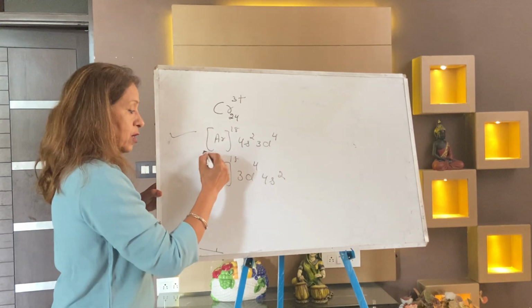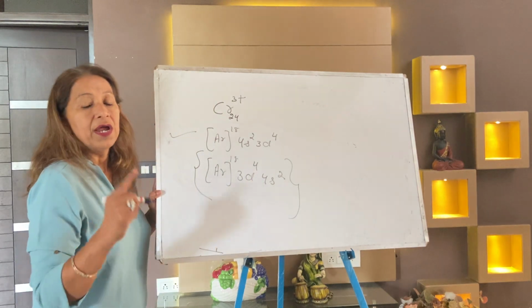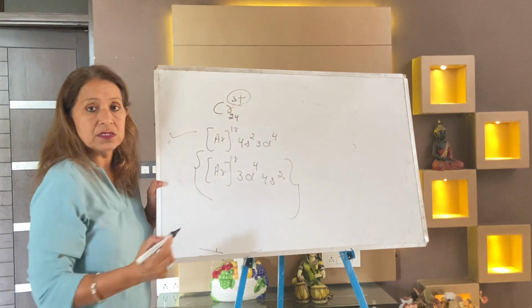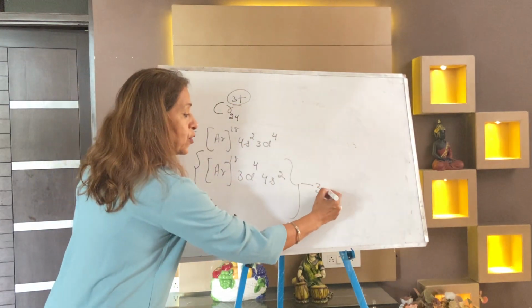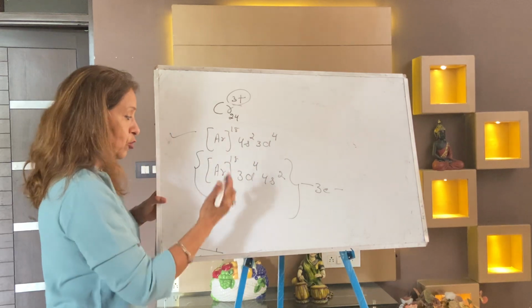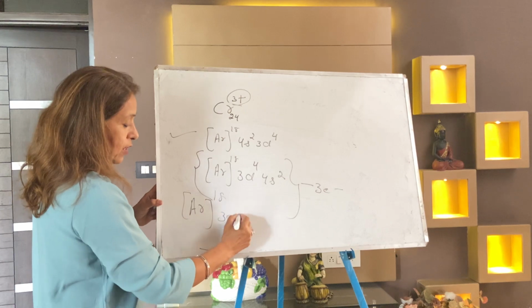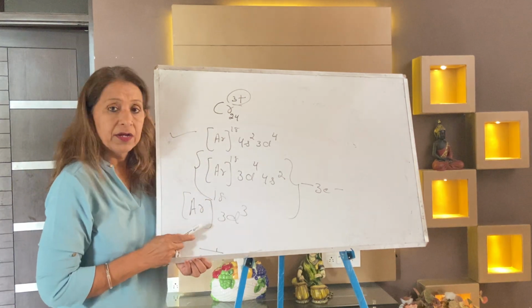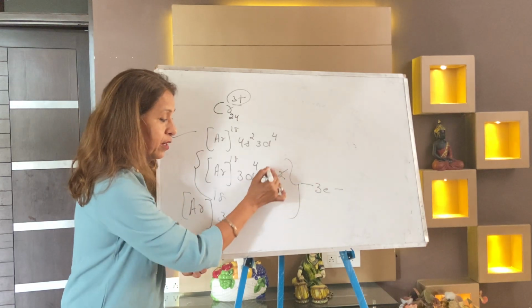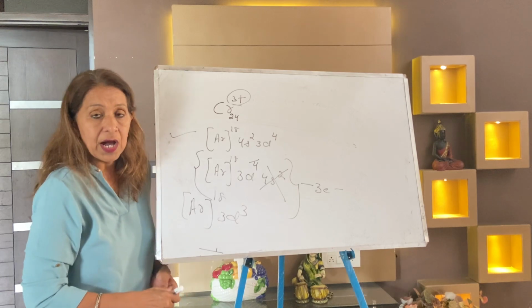Make a bracket around the 3 and 4, and take out electrons according to the charge. The charge is 3 plus, so take out 3 electrons. Now the configuration becomes argon 18, 3d3. The answer is argon 18, 3d3, dear children, because 2 electrons were taken out from 4s and 1 electron from 3d. This is the best way to write ionic configuration.